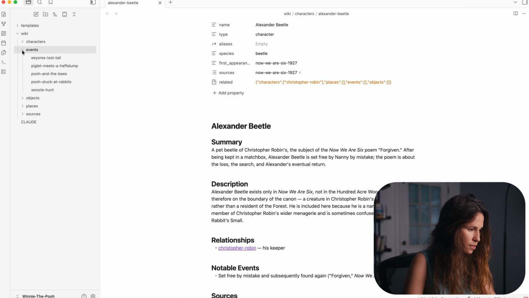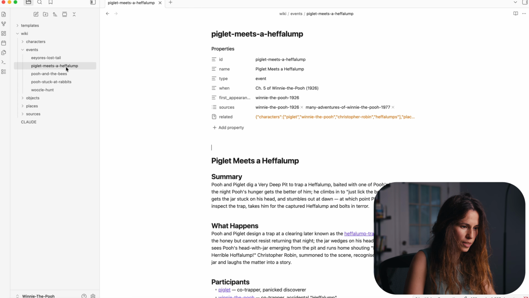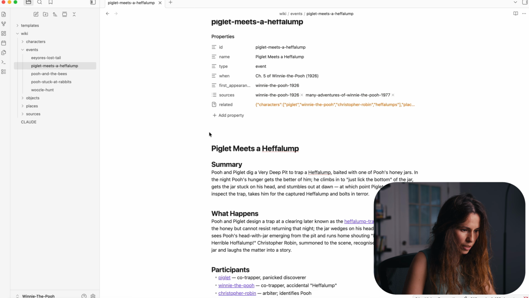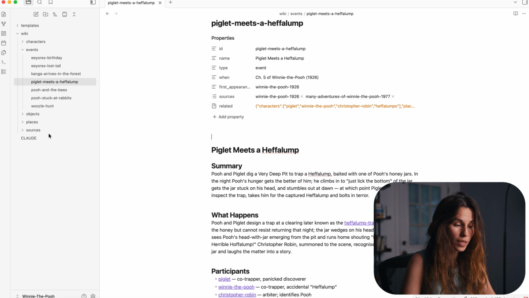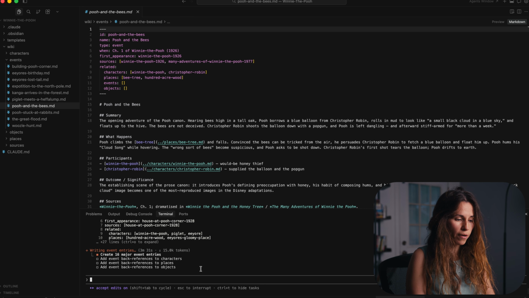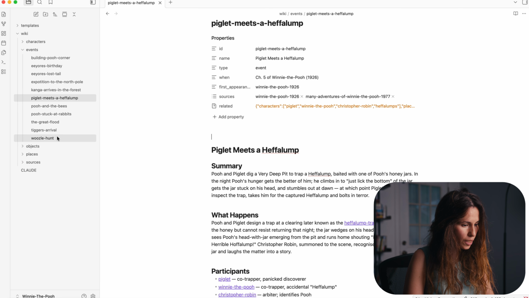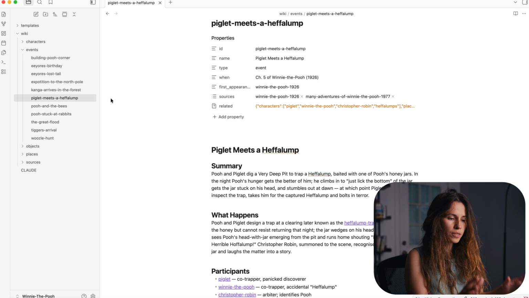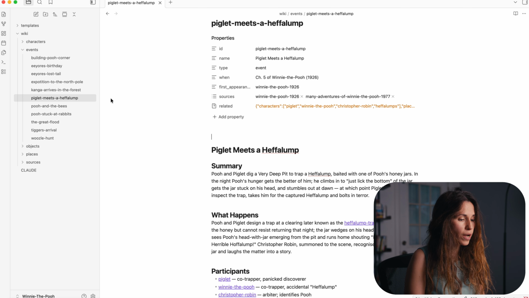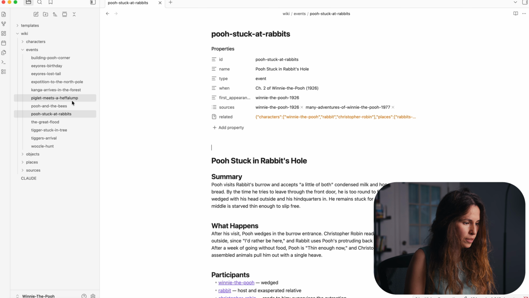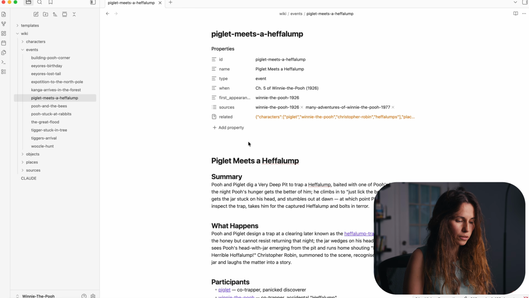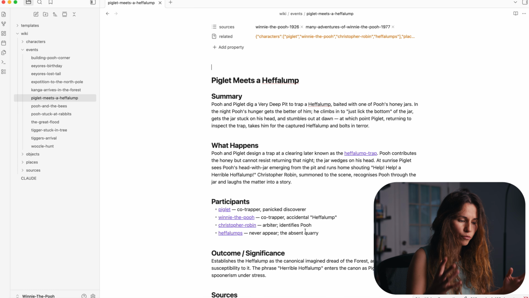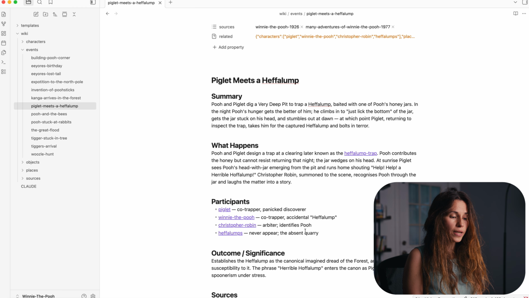If we go to the events subfolder, we can see all the new files that appeared here, and they appear in Obsidian live. So all the files appeared in Obsidian instantly. No import, no sync. The files landed in the folder and Obsidian rendered them. I click it, and instead of raw markdown, I see a clean document. A title, structured sections, comparison tables if needed, properly formatted citations. It looks like a document that a human researcher would hand to me.